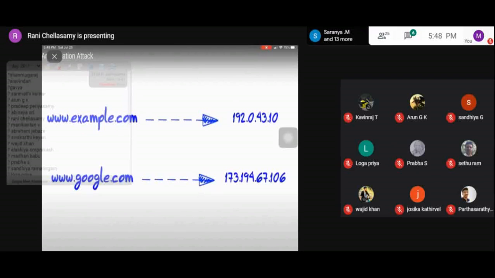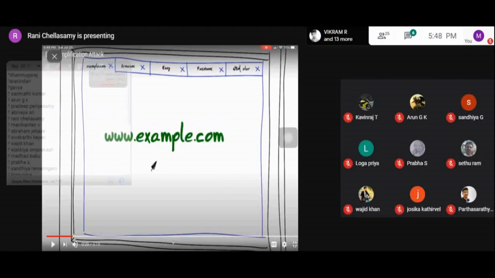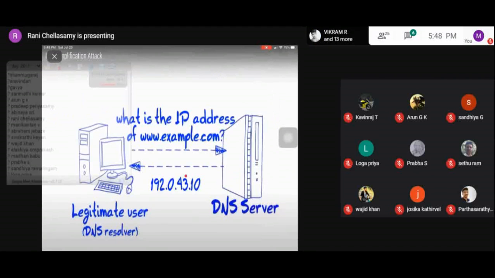So therefore the computer is called as DNS resolver. Okay. This is the domain name given, and the legitimate user who is going to browse is going to type www.example.com at the browser. So the computer is called as the DNS resolver.